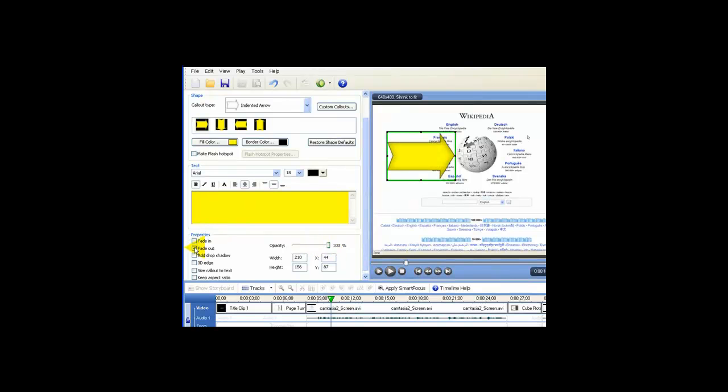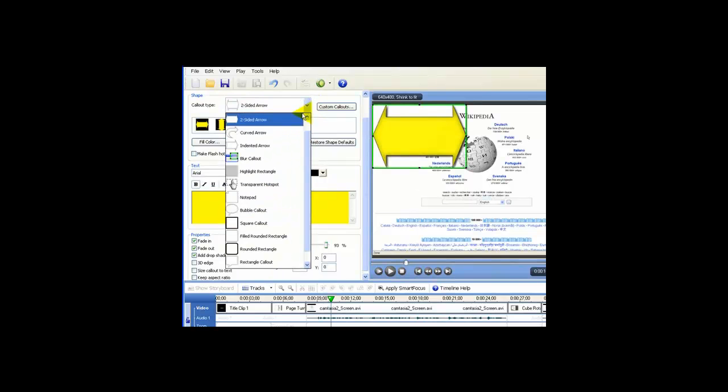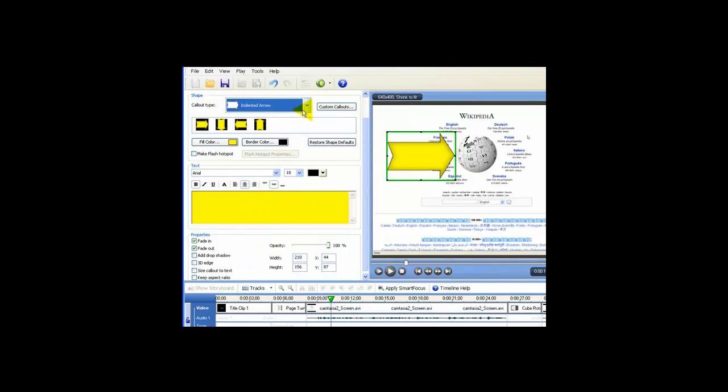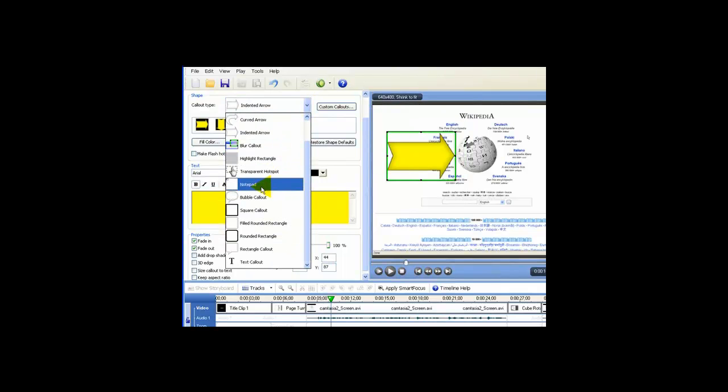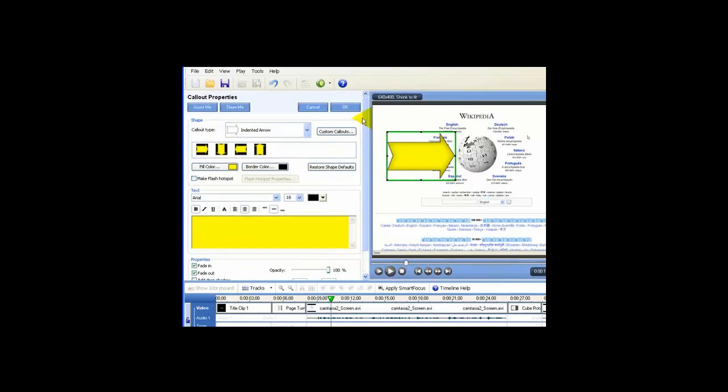I can make it fade in or fade out on the actual timeline. I could add a drop shadow if I want to. I can make it 3D. There's different shapes that I can choose here. When I'm happy, and there's choices here you can go through of all the different callouts, you could have a two-sided arrow like that. Let's put ours back. We can have a notepad, a callout, like a little speech bubble. It's entirely up to you. When you're finished, we just hit OK